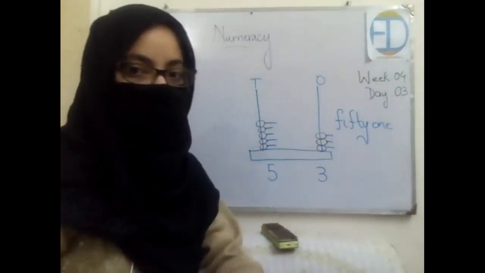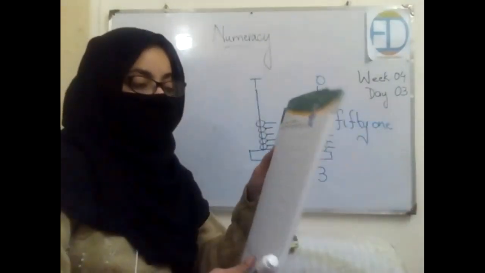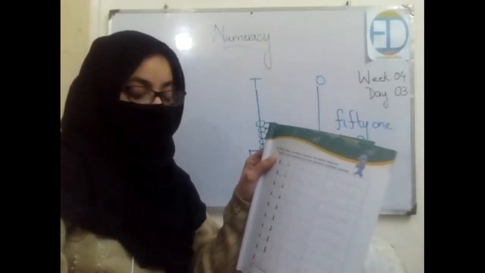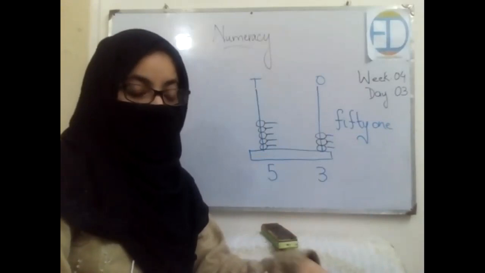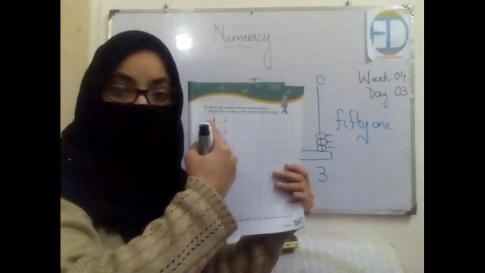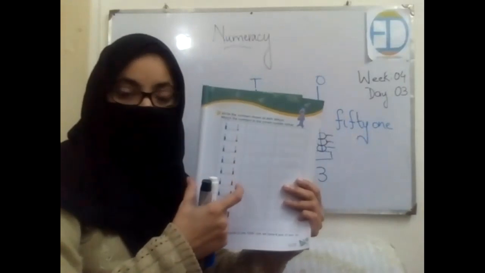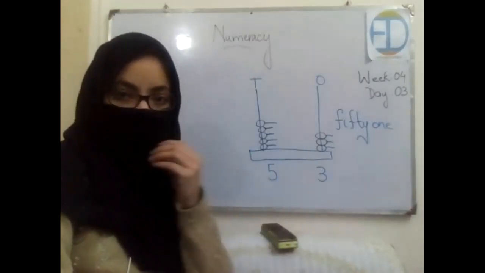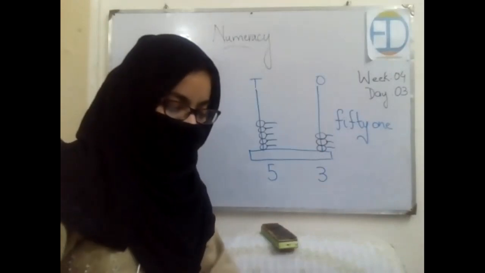Okay. Now you need to follow the same practice. Open your book, page number 17. This is your book, page number 17, and we will be doing this. In your book, there are two abacuses. For the tens column, the blue color is used, and for the ones, the orange color is used. Okay. So observe that on the tens column, there are five beads, and the ones go from 1 till 9, right? So start writing this, and when you reach 59, stop there, okay? Then we will do the next one together. Start writing. Take out your pencils, write CW, today's date, and start writing.